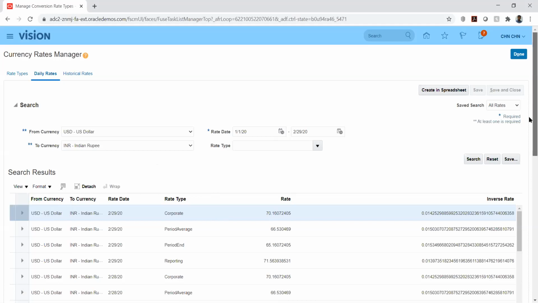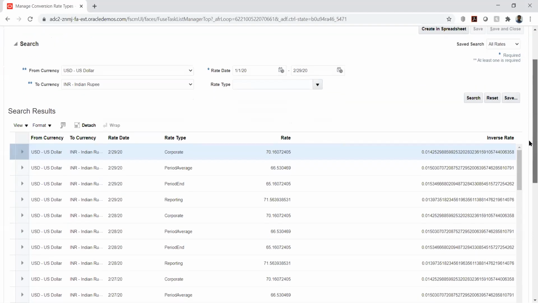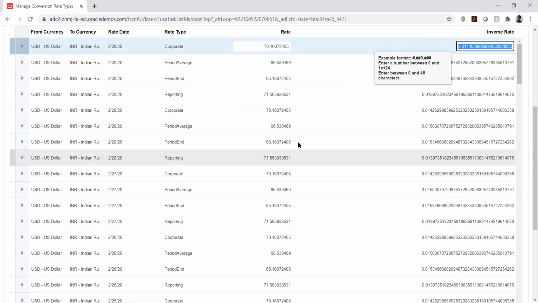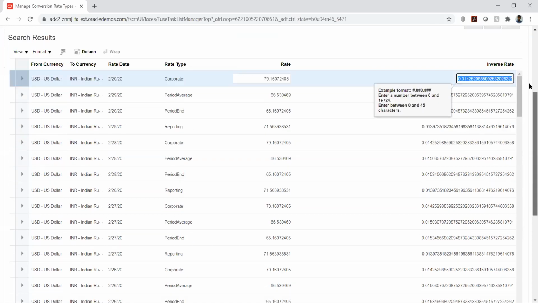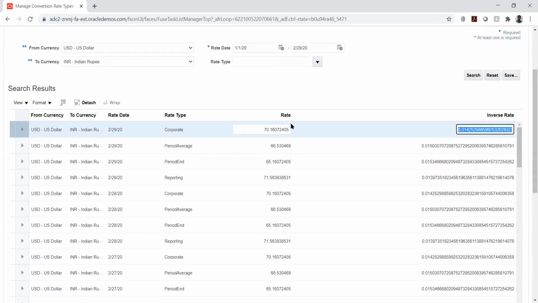In EBS, I can delete. For example, I have a corporate rate and I am creating an INR to USD corporate rate for February 1st. And then for February 2nd, I've created a different date. But I wanted to delete the first one, which I might have wrongly loaded. I don't want to keep it. So I can go and click on the delete button and it will get deleted. Here we cannot do that. Yeah, we can only edit. If you want to change maybe from 70 to 65, we can change. But I don't think we have the delete option for the currency conversion.